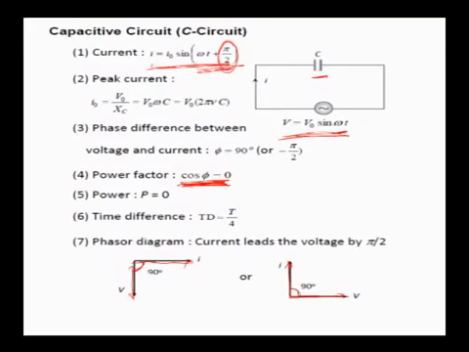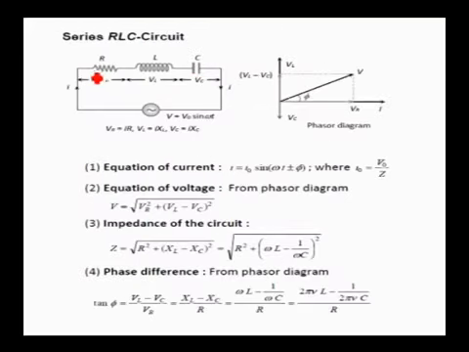to AC source. Suppose if R, L, C, all the three are connected to an AC source. See, look at the voltage across R, voltage across L, voltage across C. In the normal case, the applied voltage is always equal to the algebraic sum of the voltages across inductor, capacitor and resistor. But in the case of AC source, the net voltage we apply is not equal to algebraic sum of VR, VL and VC. It is the vector sum of VR, VL and VC.